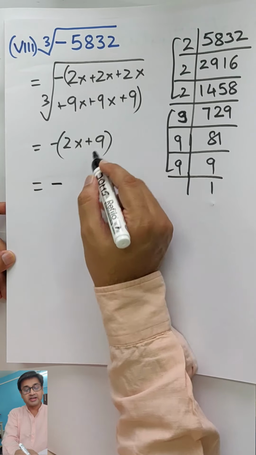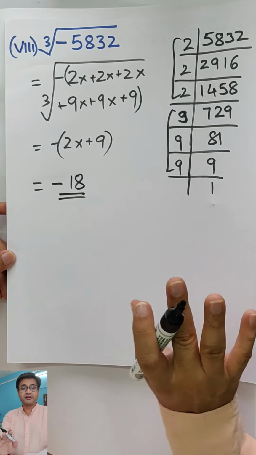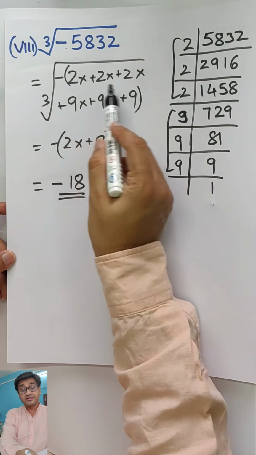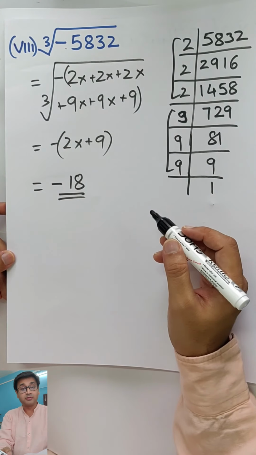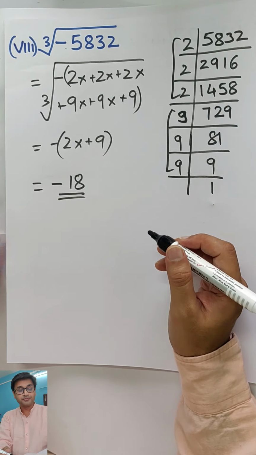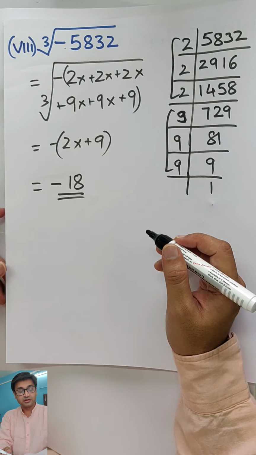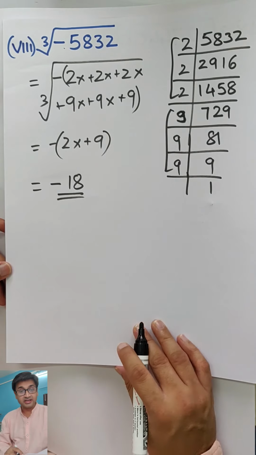And then this minus sign, 9 2s are 18. So you are safe. Just keep this minus outside, put everything as plus. Otherwise 6 times plus will become minus will become plus and you will be in trouble. So better put everything plus and one minus sign outside. That's it. Okay. So answer is minus 18.